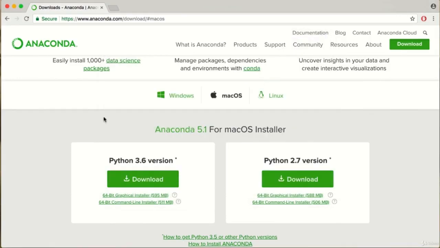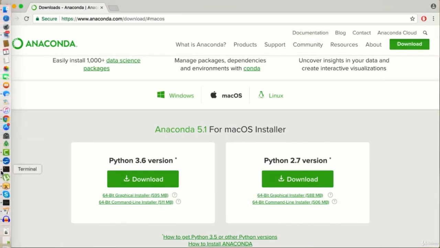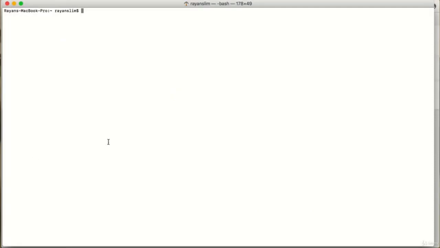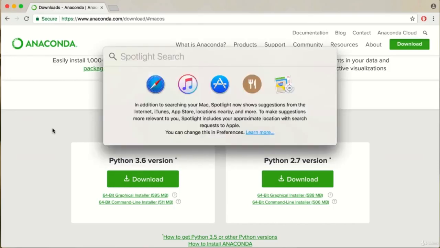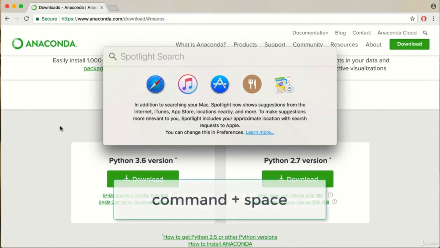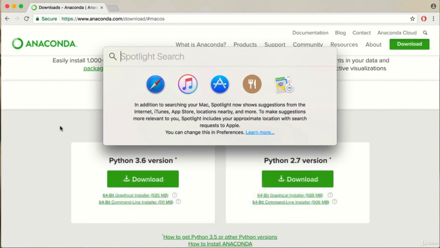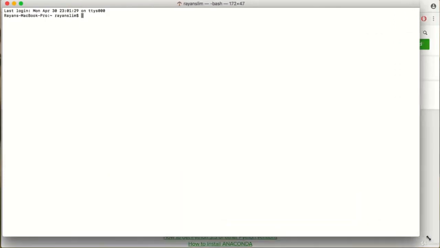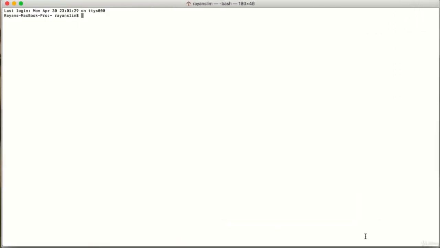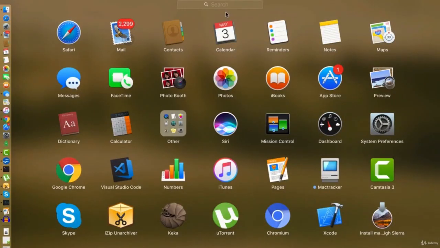To ensure that this works, whatever terminal window you had previously opened, make sure to close it. I already had one open, so I'll close mine. If you don't have one open, then you should be fine. What we'll do is open up a new terminal window by performing a spotlight search, which you can do by pressing Command and space, write terminal, and press enter. Alternatively, you could have just accessed your terminal by pressing on F4 and performing the search here, but regardless,